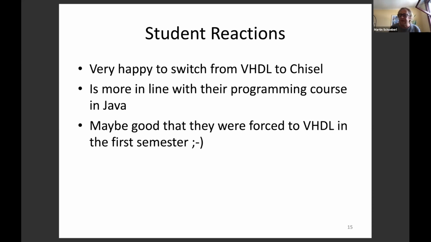So it doesn't feel so far apart, unlike VHDL with the syntax from the 60s, 70s, whatever. And maybe it actually looked good because they had VHDL in the first semester, have seen how painful it can be to describe hardware, and then enjoy Chisel. Maybe this is good, and maybe we should just keep it. And then they can say, I can do VHDL and Chisel.